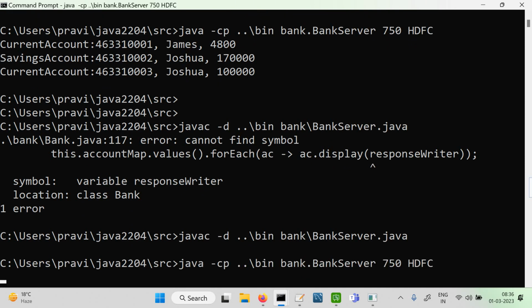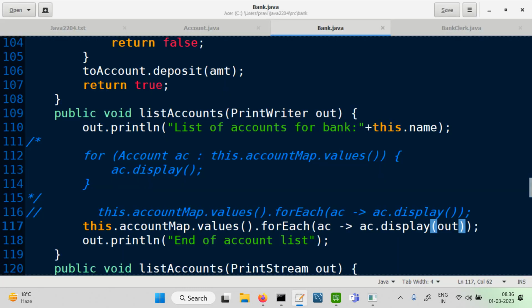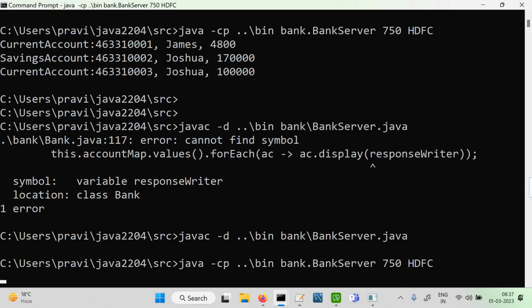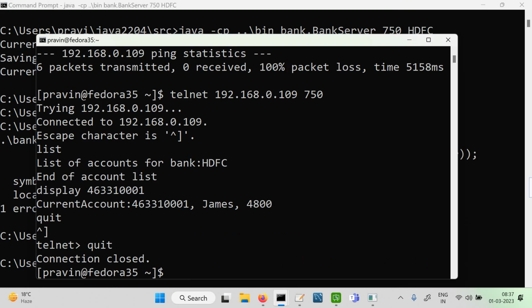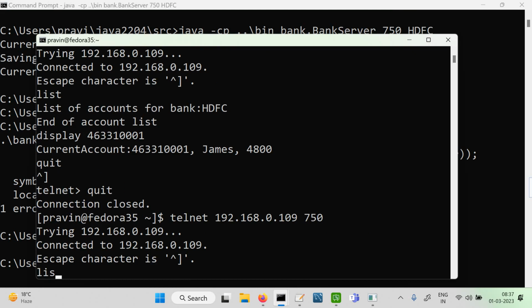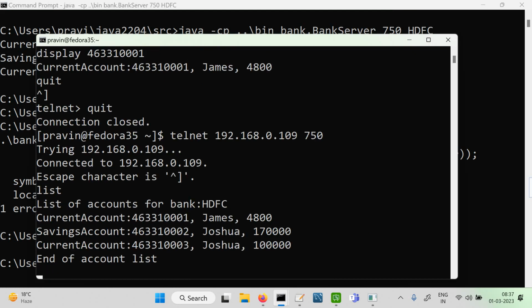And we are running the code and use telnet from here. Let me use the list, and that's coming. Anyway, the idea was that whatever was saved earlier, we are able to go back and look at it. Okay. So anyway, this is going to